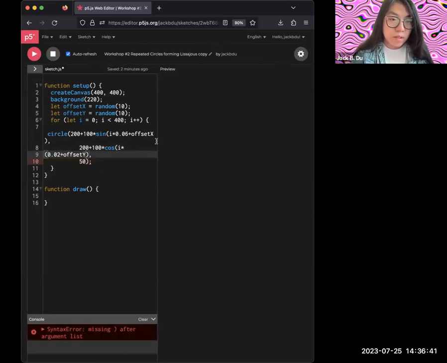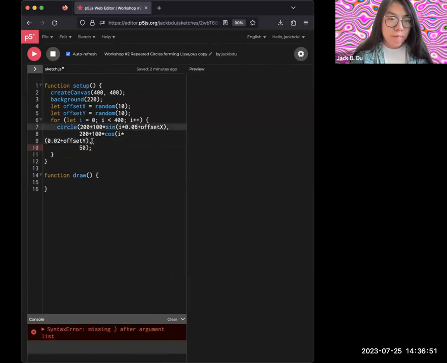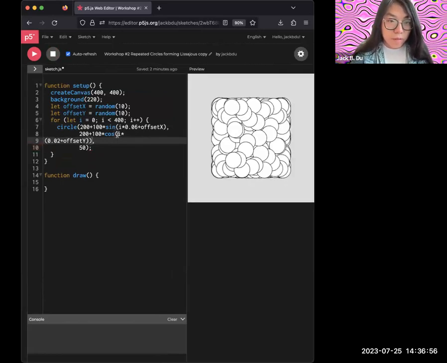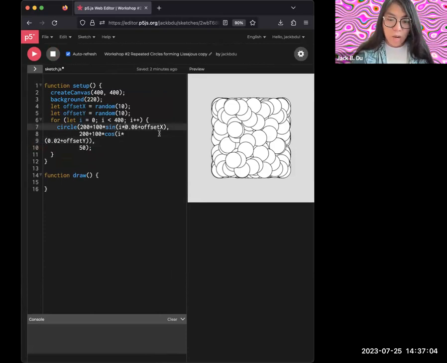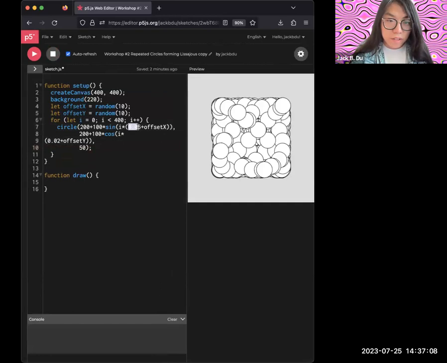Let's run this. Yeah, just so that we can see the text in one line. Offset Y. So this time, I need to be careful with the parentheses. Instead of adding offset instead of sine, I want the offset to be a part of this